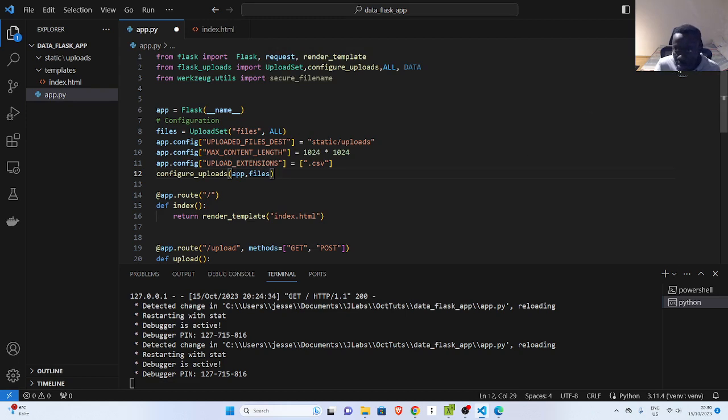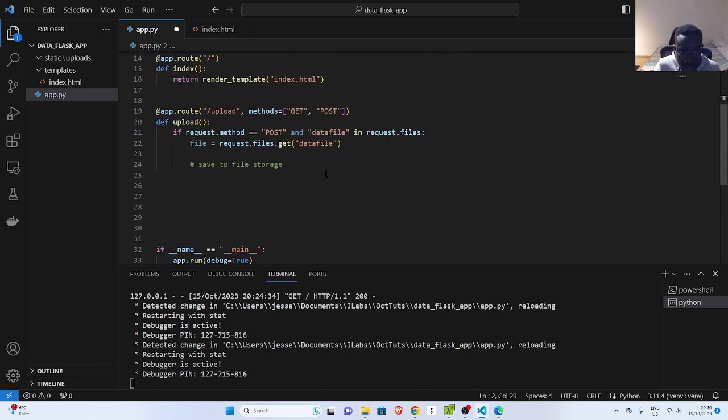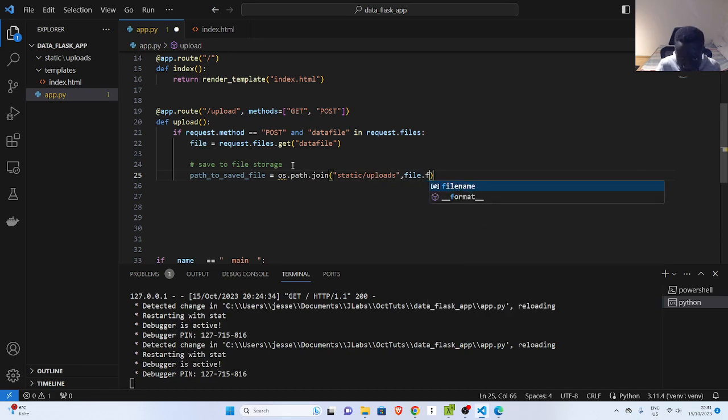Okay, perfect. Now, since we have done that, anytime we upload a file, we can save the file to storage. So let's give the path to save it. So path to saved file, which in our case we will be using os.path.join, we have to import os. Then I'm going to specify the static uploads, and then the file, right? So file.file name. This is okay, but this is automatically going to assign a name, but we